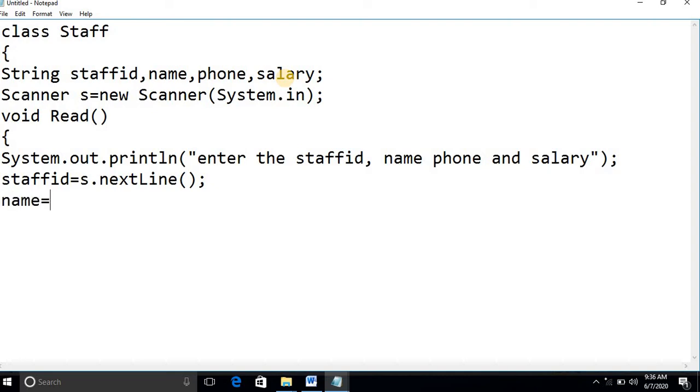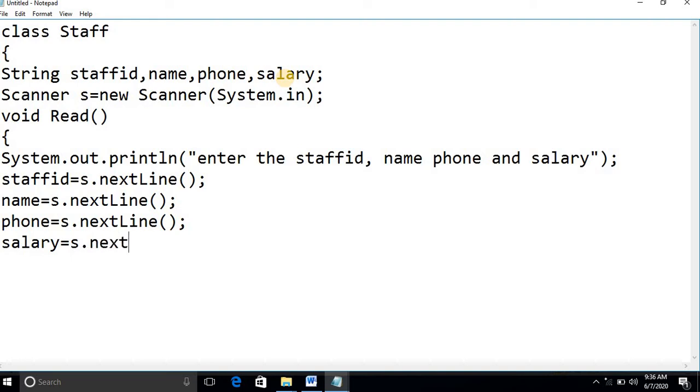So name equals s.nextLine(). Then what about phone number? Phone number also s.nextLine(), because everything we have taken as a string. What about salary? Salary also s.nextLine().